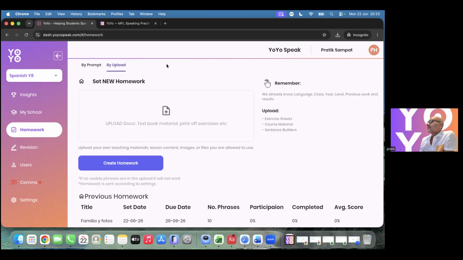What we have seen where we have classes where teachers want to push high level students, they'll often split a class. Let's say it's a year 10 class, 10M, they'd split it into 10M foundation and 10M higher. And then the teachers would use much harder phrases for the higher group than for the lower group, in essence, forcing them to use more vocabulary or longer responses. Yeah, I really like that feature, I must say.